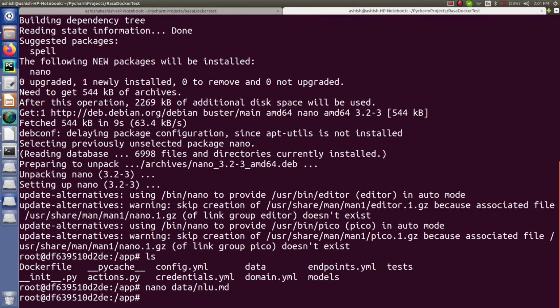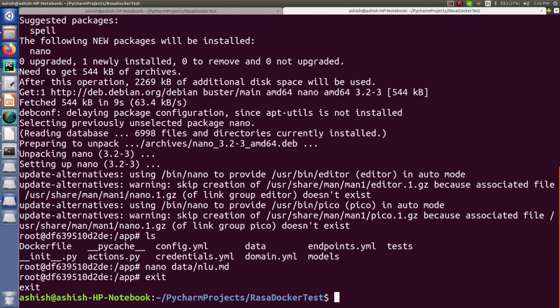Now just close this. So now I am done with this part. After that, as I said in the beginning, I will also show you how you can copy the data from your Docker container to your local directory, as well as from your local directory to your container. So let me just show you that as well. Now let's move ahead. So for now just exit. Alright, so I am out of the container now.